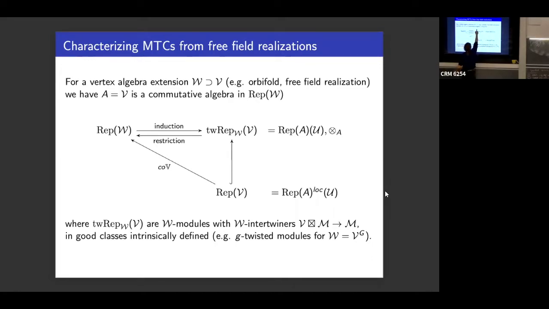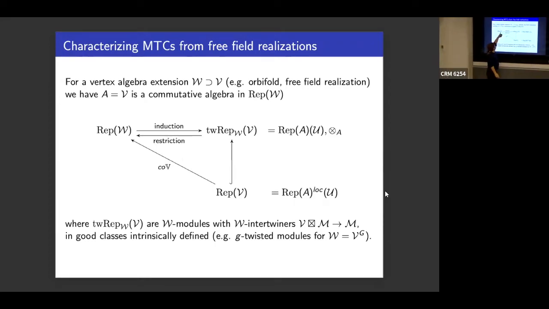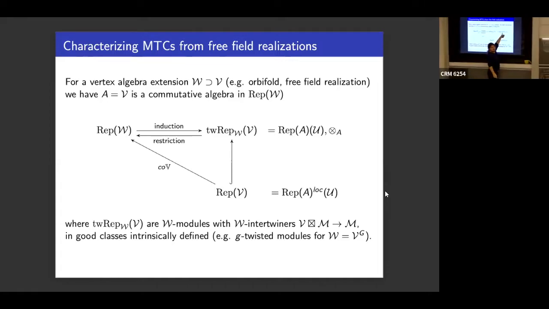We can view the larger algebra as a commutative algebra over the smaller algebra. And then what we have here is representations over the smaller, more complicated algebra, and here over the larger, easier algebra, like a lattice VOA. And what we have here, I just put the name. It's modules over W which have some intertwiner with V. So V and M have non-integer powers of z and logarithms, but there is some fixed intertwiner. So it's somehow twisted modules over V, which are ordinary modules over W.